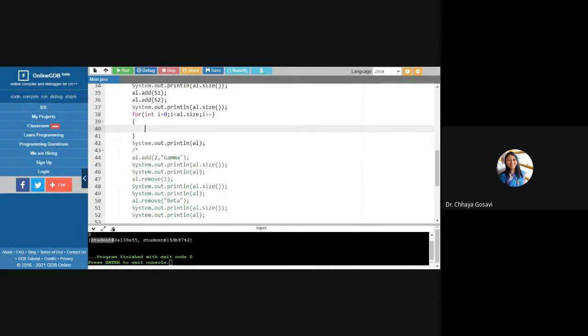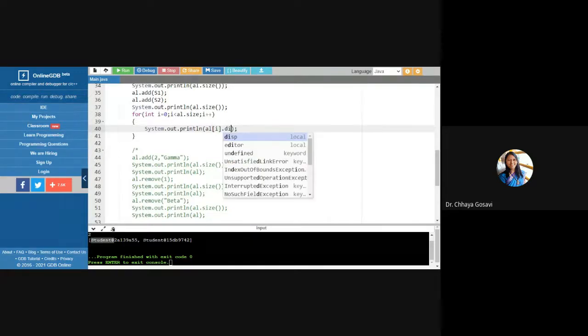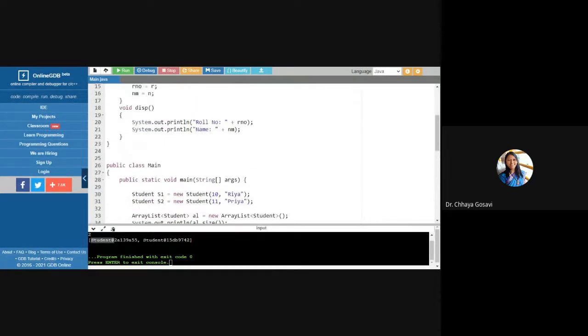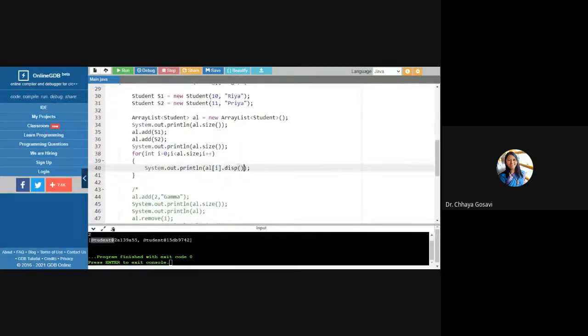Here you have to print AL of I at a particular location dot display. You have to call that display function, and the display function will display the name and roll number for that particular student. So AL, that is the list at that particular location, will get the object from this list and call the display function for that particular object and display the name and roll number.